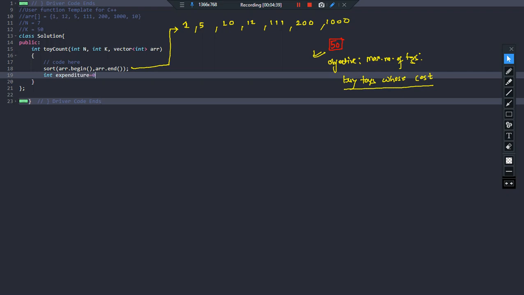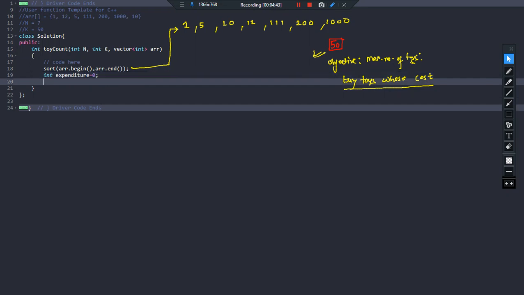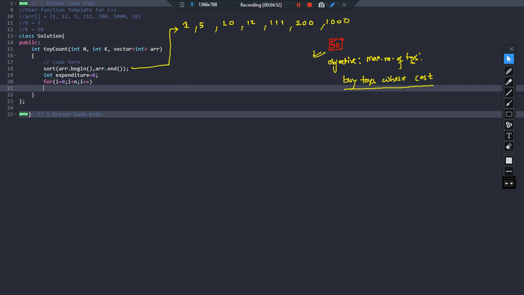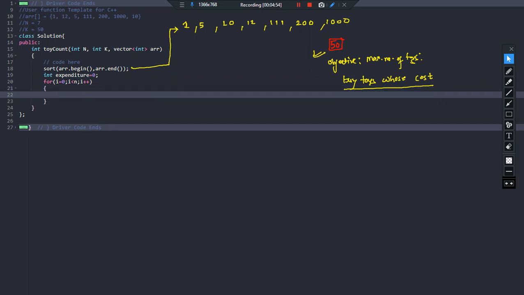Now initially I am not expending anything, I have not purchased anything, so my expenditure is 0. What should be the objective? We shall see. My objective is, first of all, I will go through all the elements: i equals 0, i less than n, i plus plus. I would traverse the entire array from the beginning to the end, and now I know that the array is sorted in ascending order,